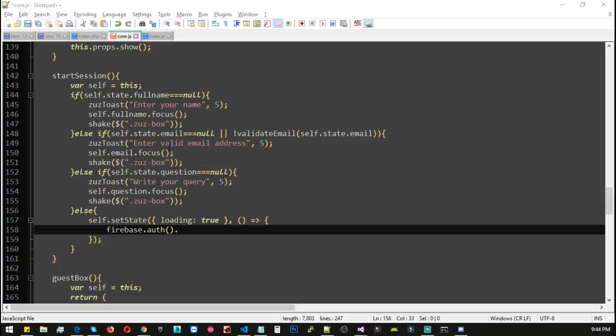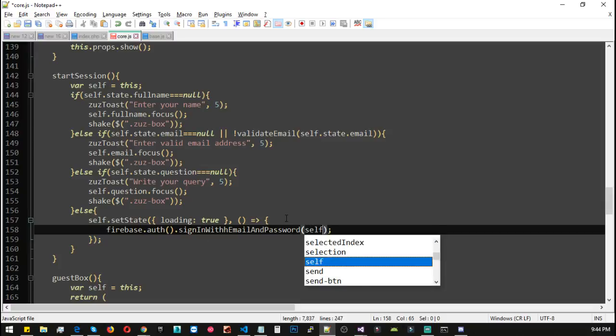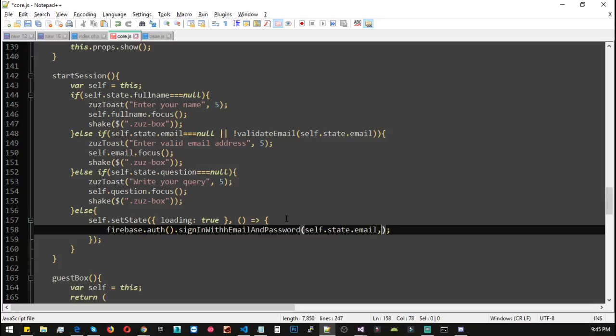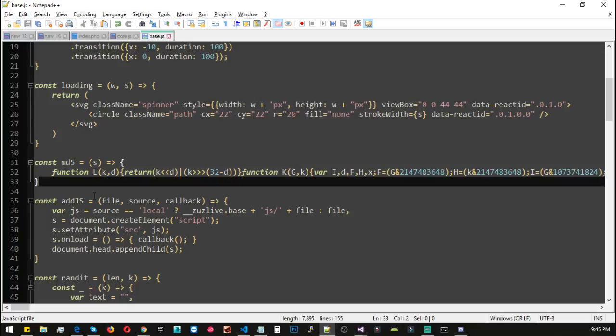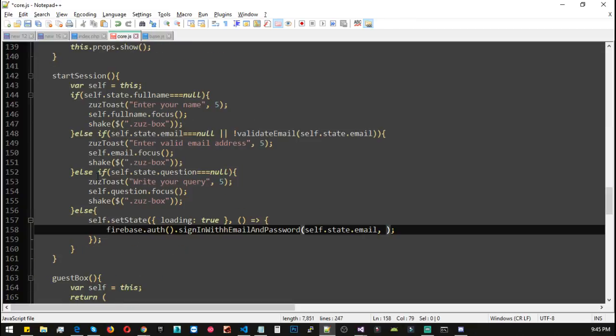firebase.auth().signInWithEmailAndPassword, and we need to enter the email, which should come from self.state.email. Let's add it, self.state.email, and we need a password, but instead of using plain text, we should at least MD5 it, and I already have an MD5 method right inside our base, and we need to call that MD5,